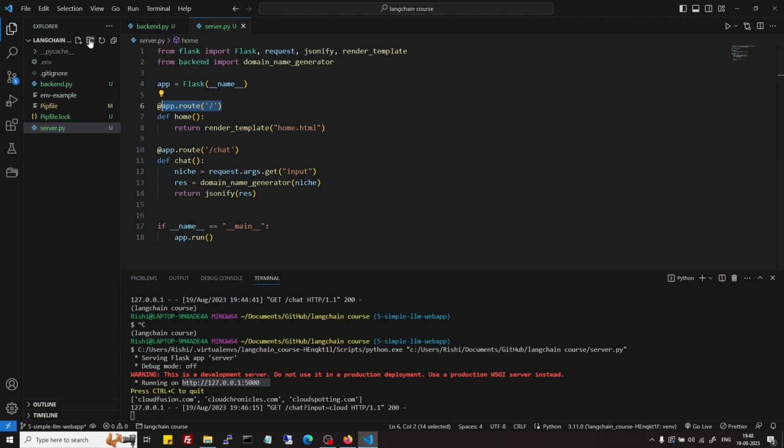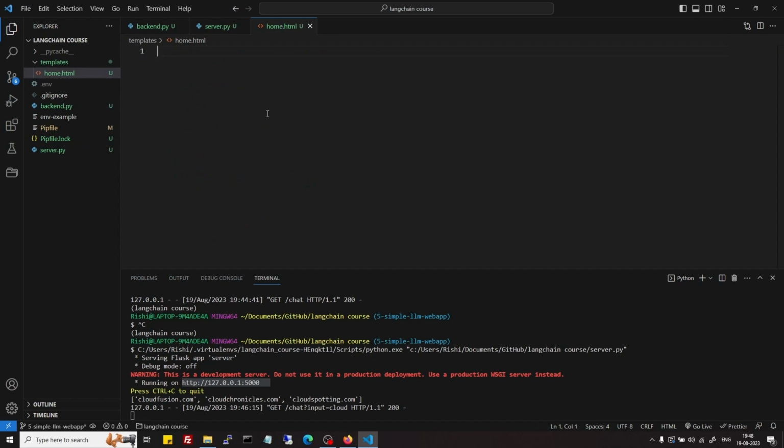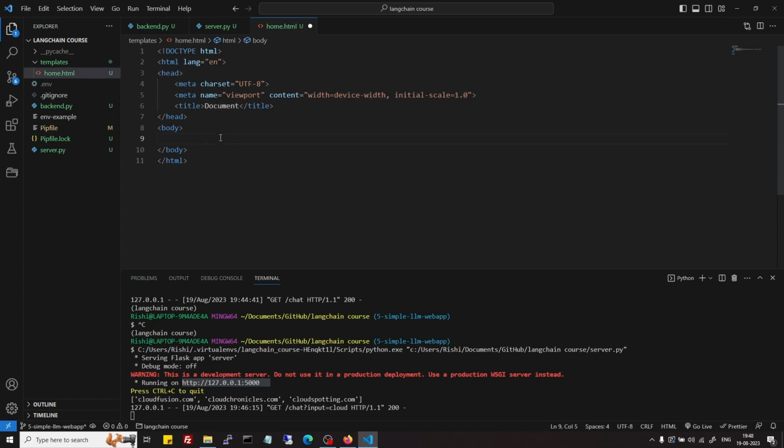Let's create home.html. To create home.html, we can't create it here. First, we need to create a templates folder, and there I can create home.html. So now if someone comes to this path, it will call this render template method, and it will try to find this home.html file, and whatever we have here, that content will be served to the user. Let's add some boilerplate code here,